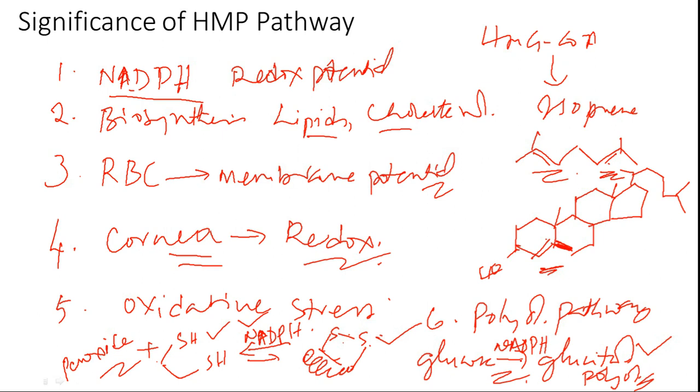So in that way, whatever waste material that is produced, that will be converted and reconverted to obtain useful materials like ribose phosphate, which will be incorporated into nucleoside biosynthesis, and then fructose 6 phosphate and glyceraldehyde 3 phosphate, they will be incorporated into glycolysis. Okay, so friends, this is what is HMP pathway.